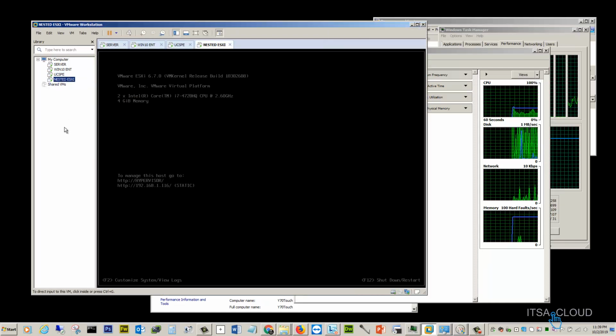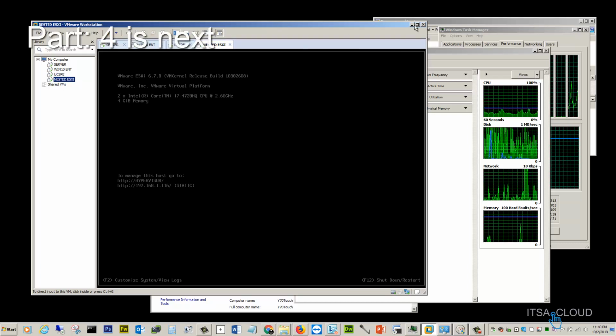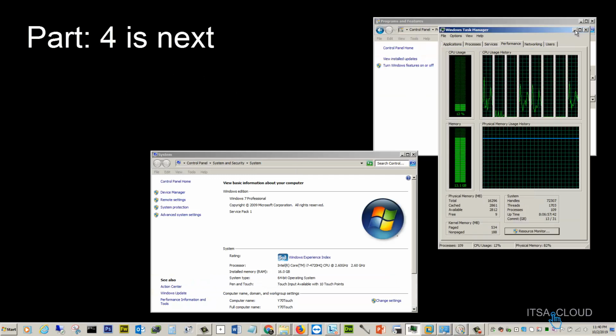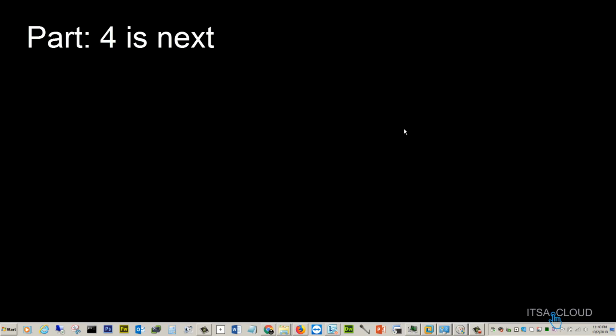Another feature that you have in here, but first of all, I don't want you to get confused at this point, right? Because this is something that I'm gonna cover in different tutorials, in a different video. This is a nested ESXi virtualization. That means that you can virtualize a hypervisor. It's a little bit confusing, but just leave it as it is for now, okay? So let me minimize this, and we're gonna go back to see what is a type number 1 hypervisor.